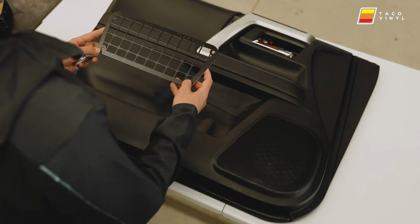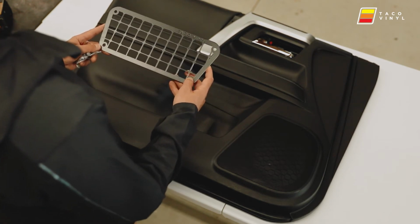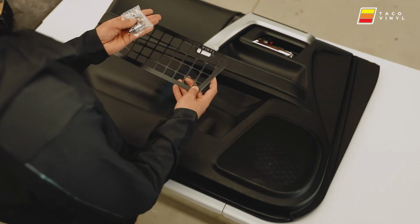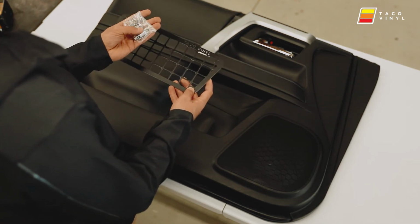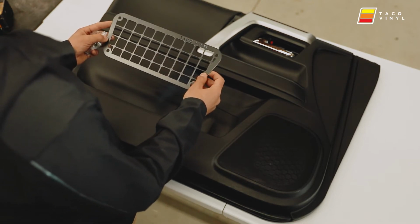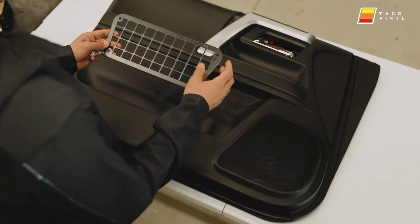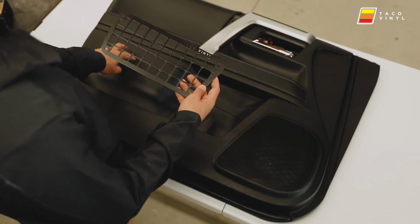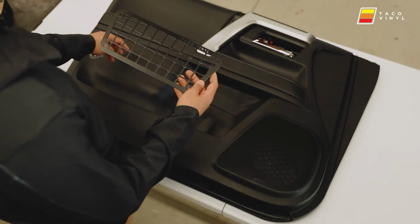Okay guys, with each order, you're gonna get the panel associated with your order, and also the hardware. All the hardware is stainless steel, or aluminum for the spacers. Our panels are made out of steel and then powder coated for that stealthy look, but also longevity. So now we're gonna get our panels, line them up on our door panels, mark the holes,